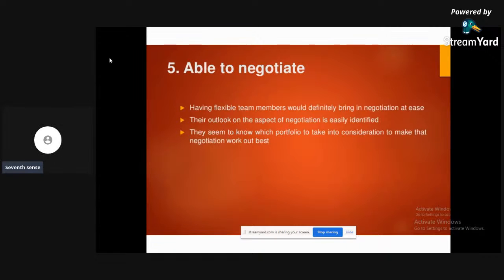When you want a hike, you're supposed to ask for how much you think you deserve, how much you think you want. Employers will see if it is bad negotiation, and you will not be hired, you'll be kicked out without any benefits or without the job. If you negotiate too much, with the one salary you are expecting, they can give employment to two other people. So you should know where to stop negotiating and where to negotiate even more.